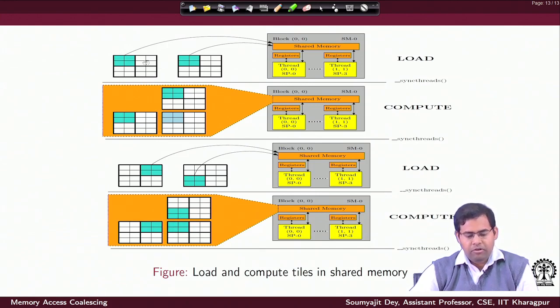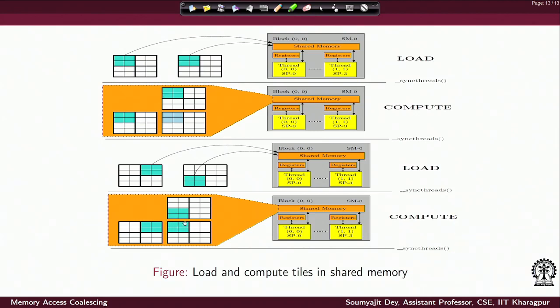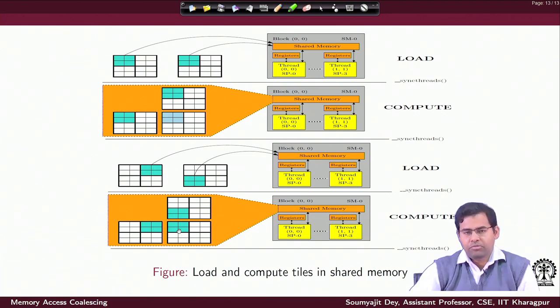Since I have only 2 cross 2 number of tiles, the threads which are responsible for doing computation for this 1,1 position tile will have 2 load-compute phases. It will load tiles from here and here into the shared memory, then collaboratively compute the sum. Again in the next phase, it will load the other 2 tiles and collaboratively compute the sum, right. In general, it will have many more load and compute phases like that.